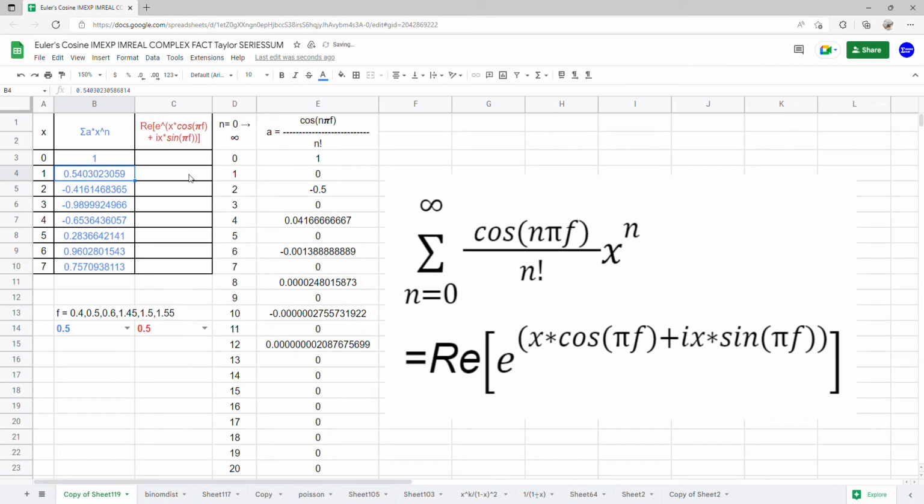And we continue with the Euler's cosine, which is the real part of the Euler's number raised to the power a cosine number, where the complex number is x times cosine pi f plus i x sine pi f. We begin with the complex number. So array formula, complex,